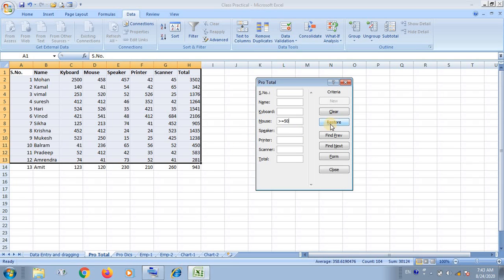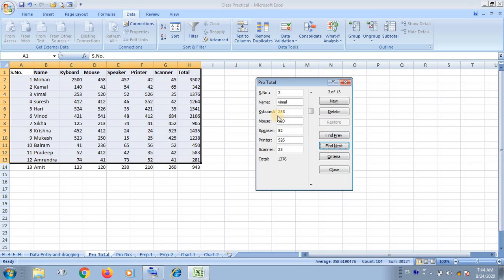Then you are looking here only records 1 and 2 are less than 50, and these will be ignored. You are looking here record number 1, record number 2, then record number 3. Number 2 has been skipped because it does not fulfill the condition.